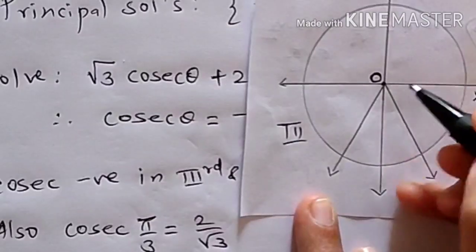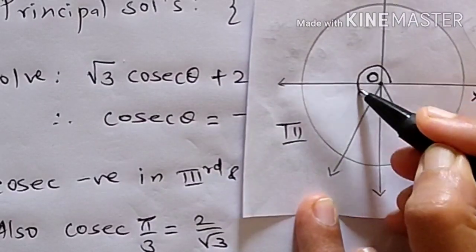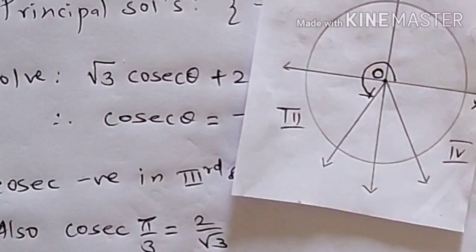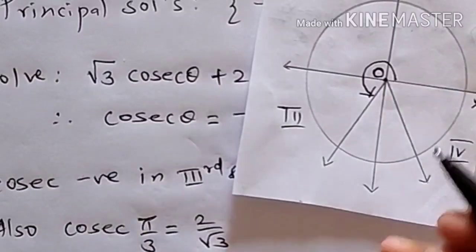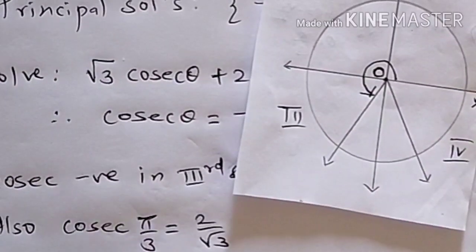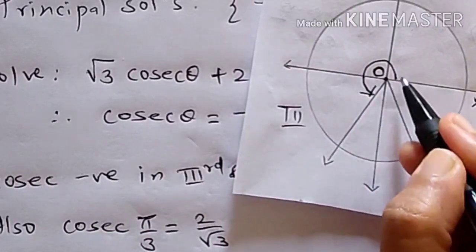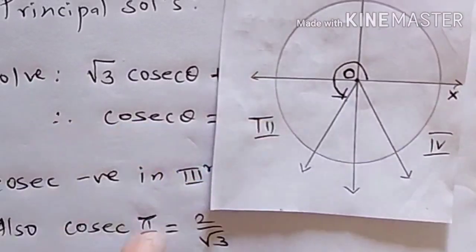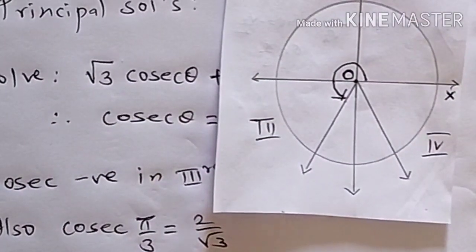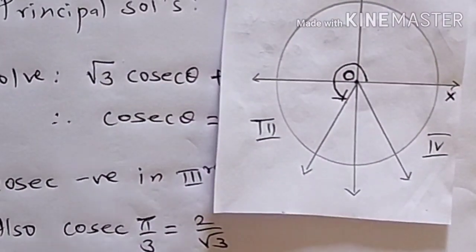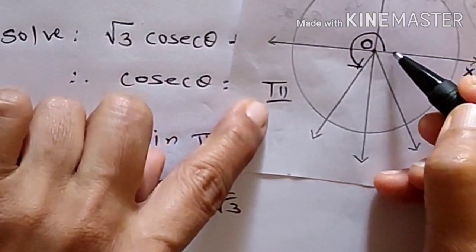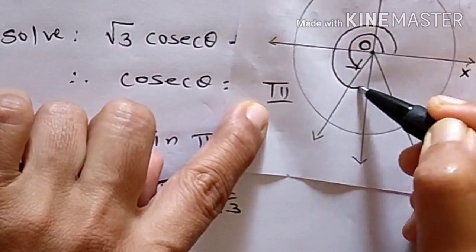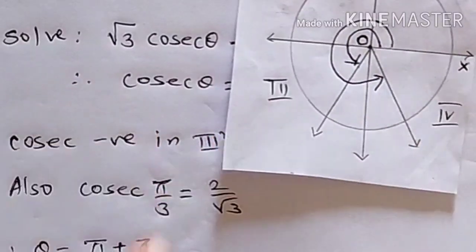So these are the two possibilities. We can have either this angle. How much is this angle? So theta is equal to pi plus this angle, that is a pi half rotation plus this angle. Now this angle is pi by 3. So pi plus pi by 3 is one of the possibilities, and the second possibility is this particular angle,